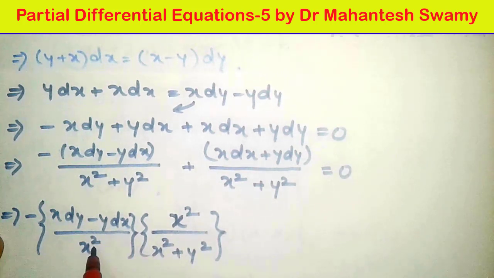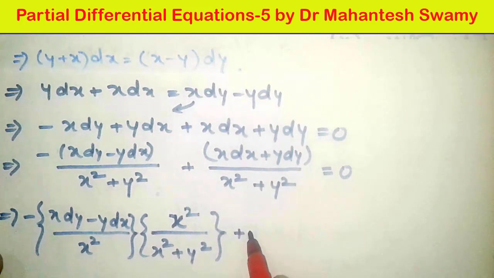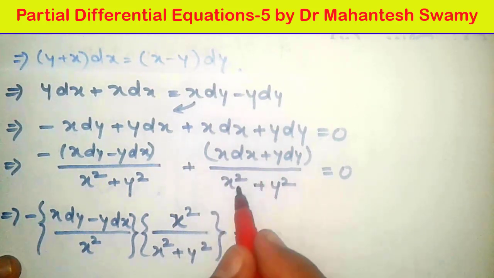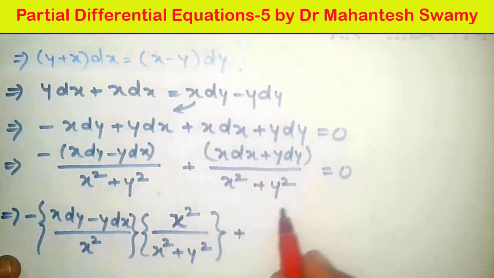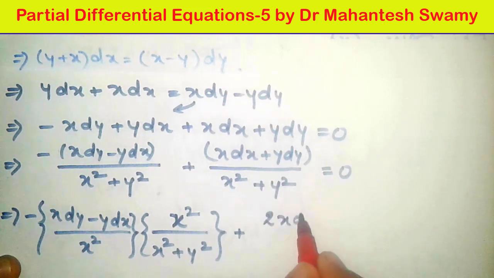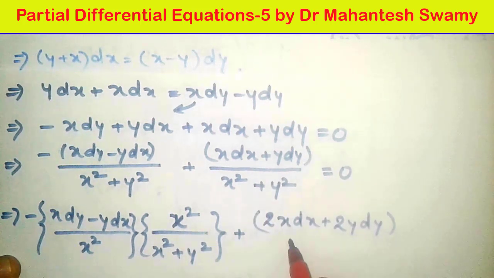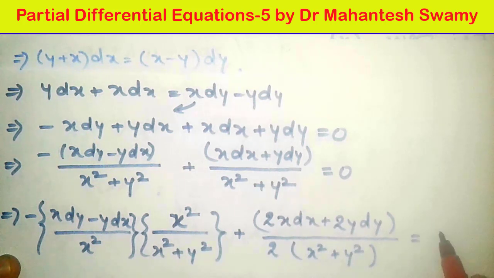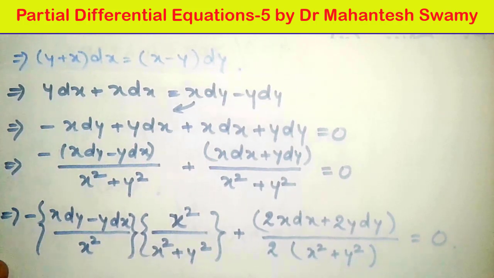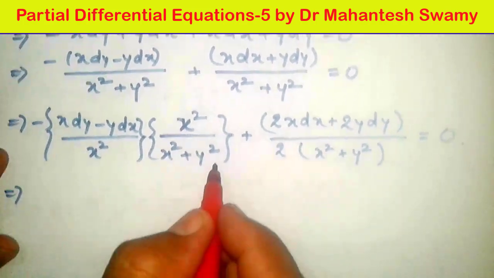So therefore this is an important adjustment once again. In order to use the quotient rule, we have adjusted the terms like this. Plus here the numerator is x dx. Instead of that, it is better if we have 2x dx plus 2y dy. So it is 2x dx plus 2y dy. So what we have done, we have multiplied by the factor 2. Let us divide by the factor 2. So the remaining thing x square plus y square as it is, and on RHS it is 0. Nothing will be there. So in the next step, the terms should be rearranged like this.